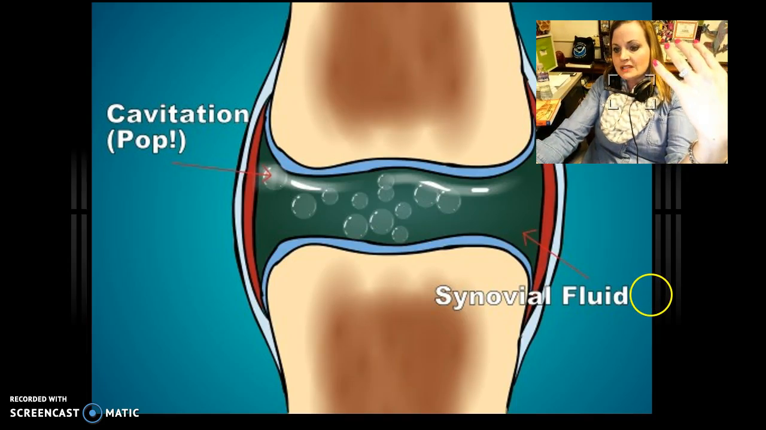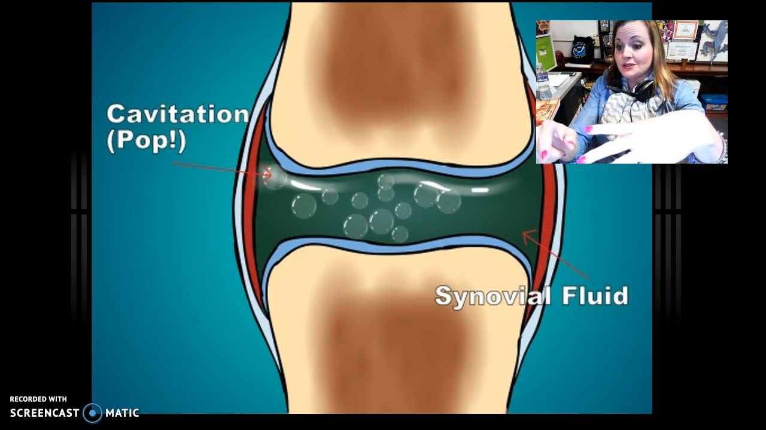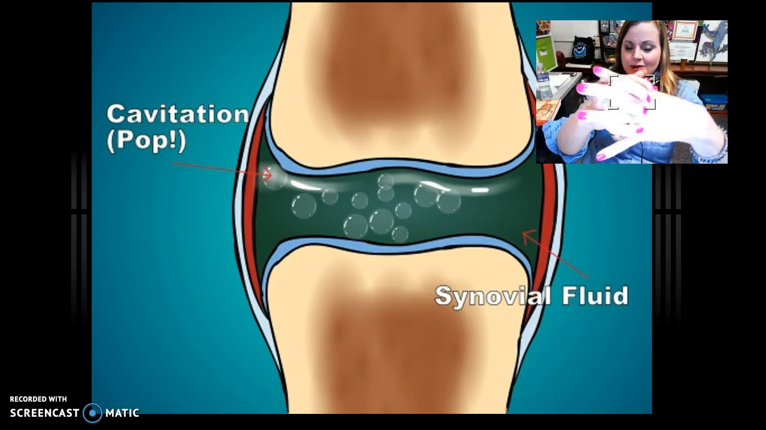And then remember that bones are between the joints. There's cartilage, but there's also synovial fluid. And that's why you get this lovely